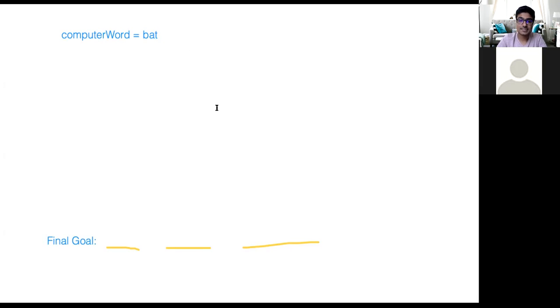All right, and the correct answer is yes, we're going to be using a for loop in order to display the number of spaces. But why are we going to be using a for loop compared to a while loop?